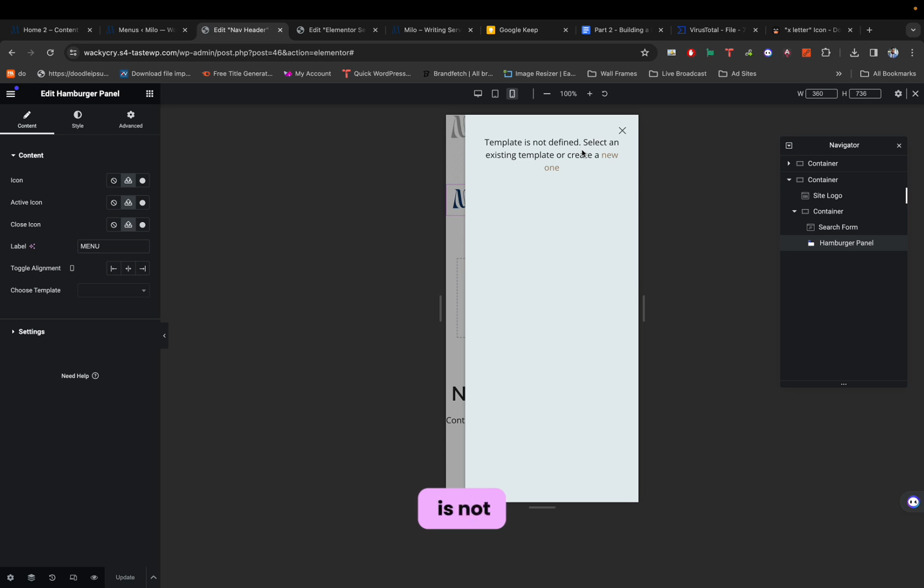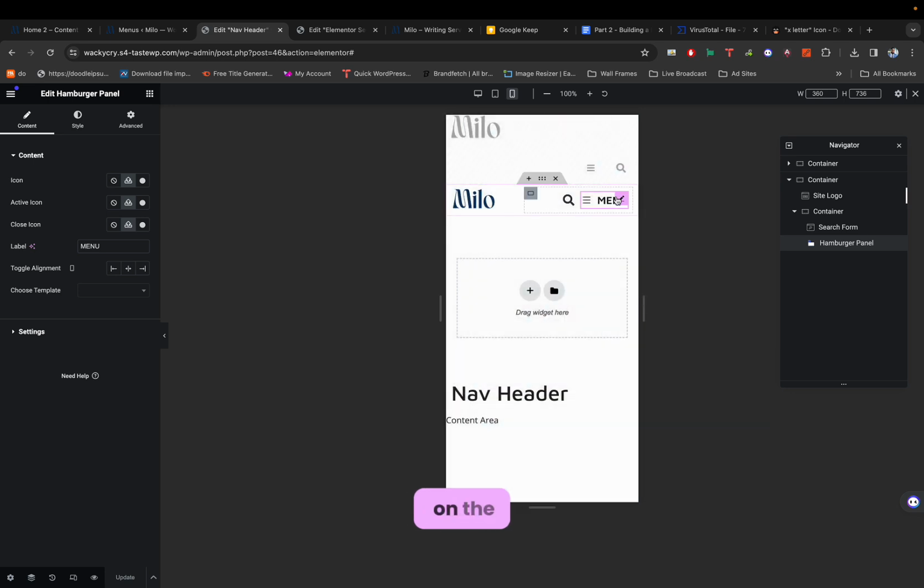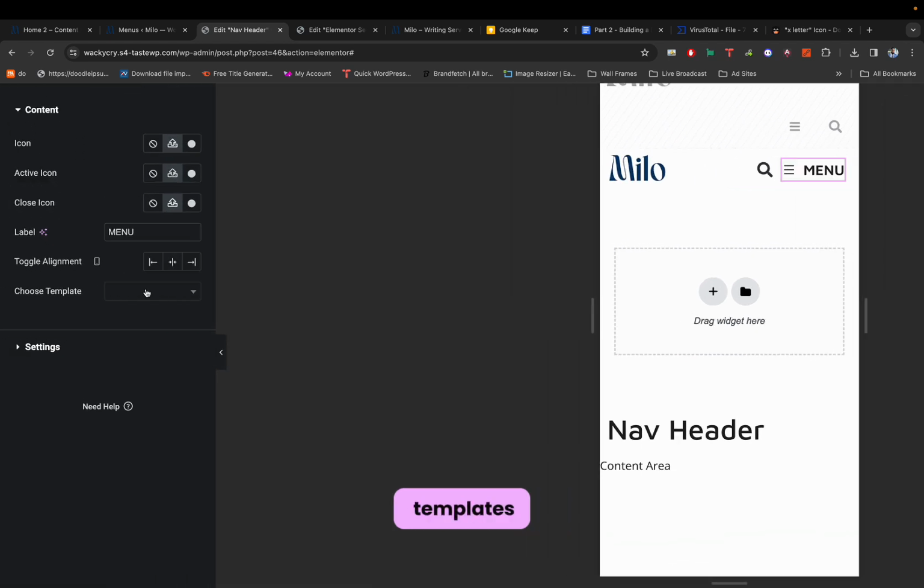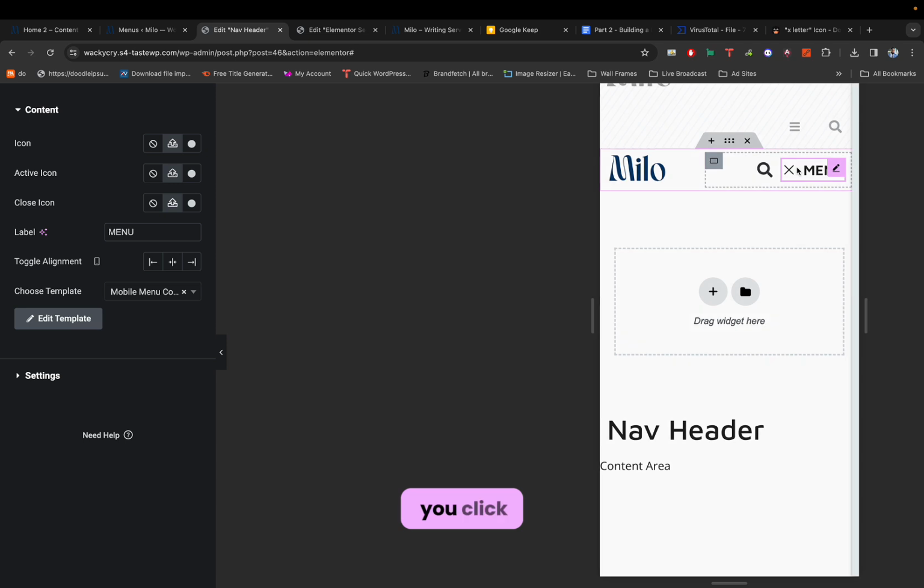Oh, it is not there yet. So what can we do? We click on the mobile menu content and we assign the templates to it. So under this choose template, you just search for it. I think we named it mobile menu content. So this is it. And anytime you click on this,